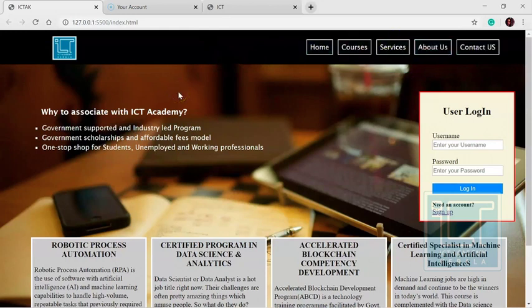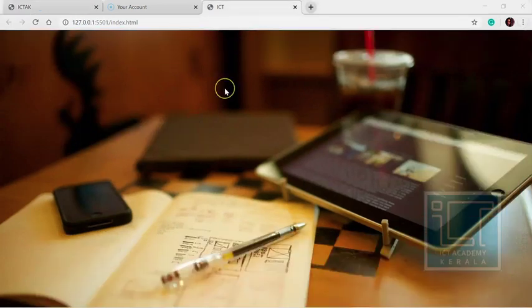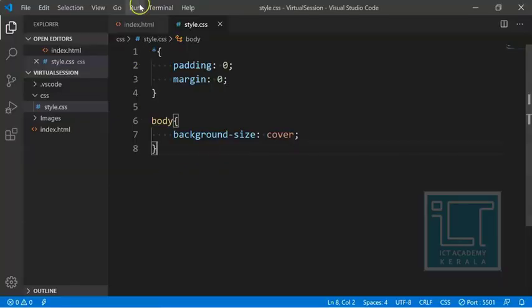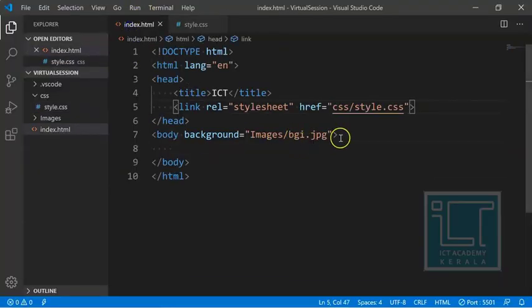So first let's start from the top. Once we set the background, next we are moving on to the header portion. For that, I would like to go back into the index.html and insert the body tag. It's not the head but the header. Head and header are entirely different.